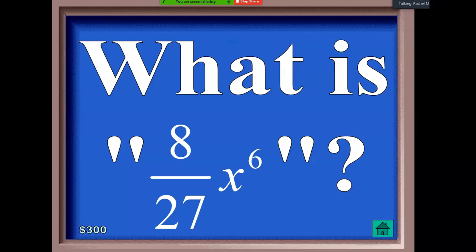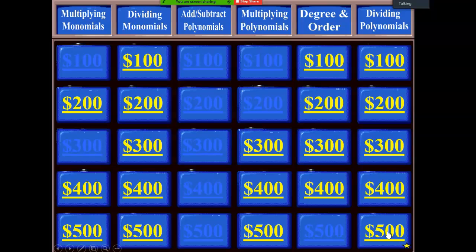I mean, in all fairness, 8/27ths would be a decimal if you turned it into a decimal. And just like that, it gets heated in my classroom. Okay,